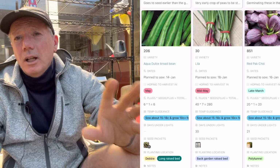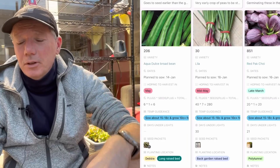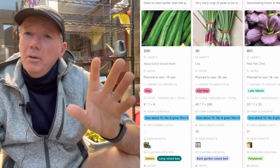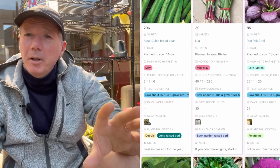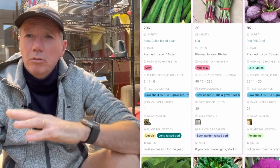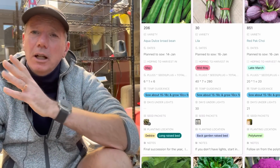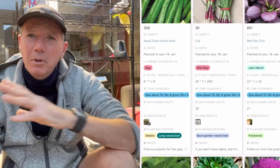So I'm also going to start some salad onions. I'm always starting salad onions basically every month, so there's nothing really new there. I like to do the purple varieties early in the year, so in January and February, and then I find it's better to just switch over to true salad onions in March and April,